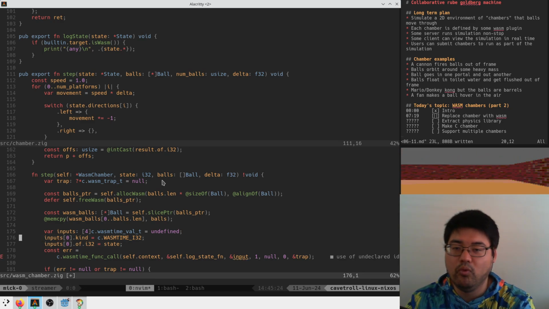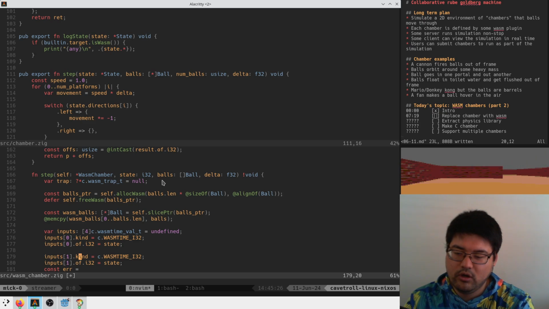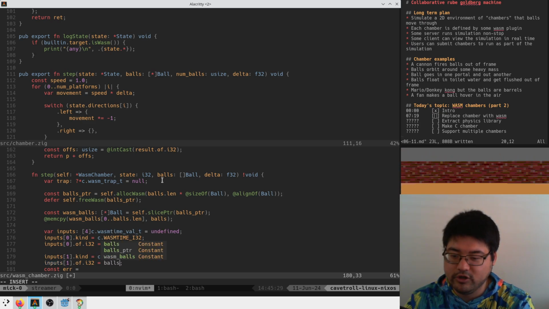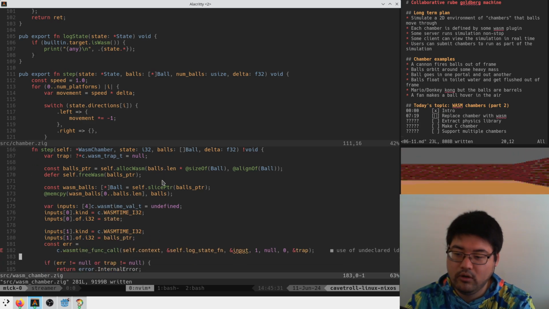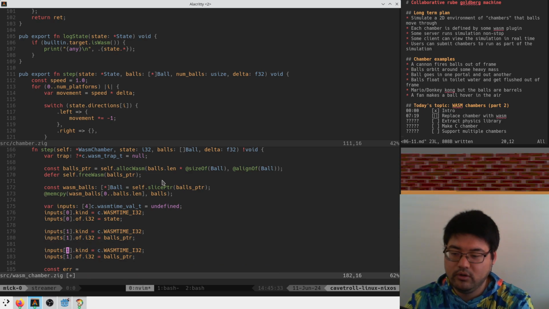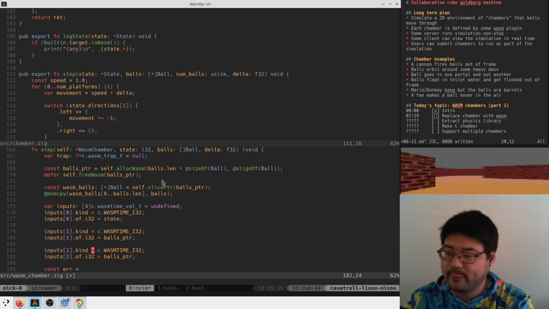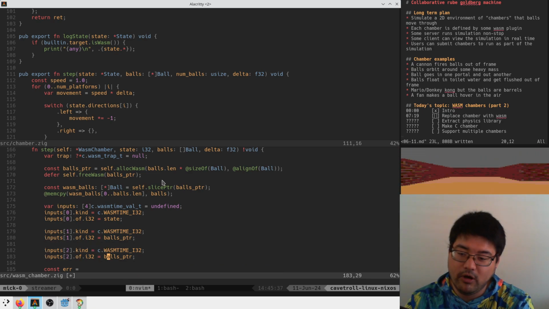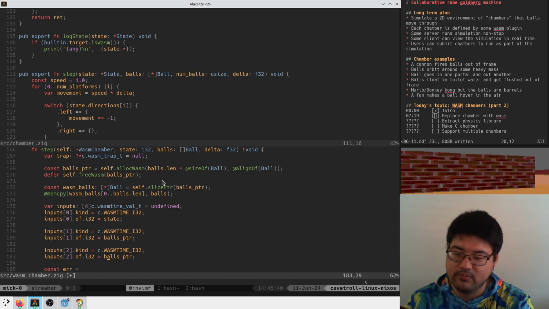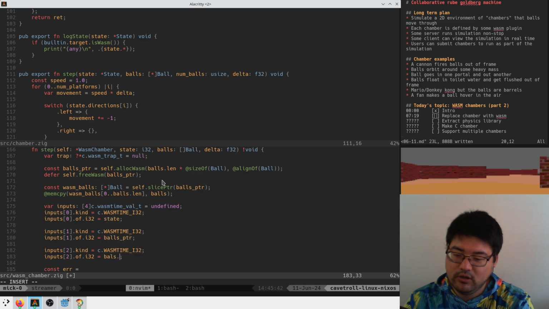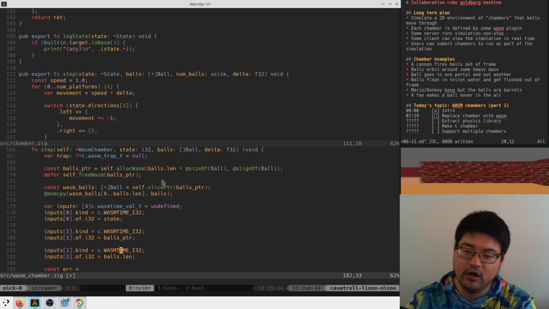Input 1 is the balls pointer, which in this case is balls pointer. Inputs 2 is num balls. So here, this is just going to be balls len,